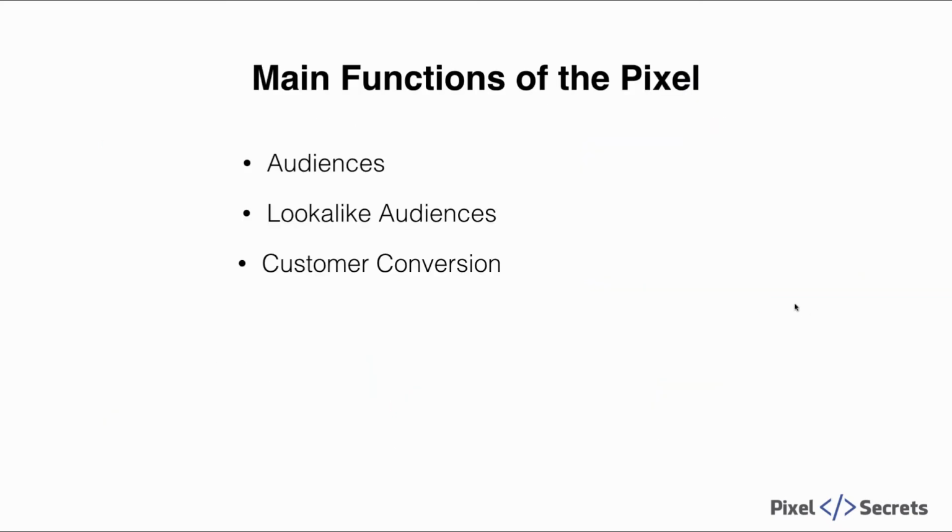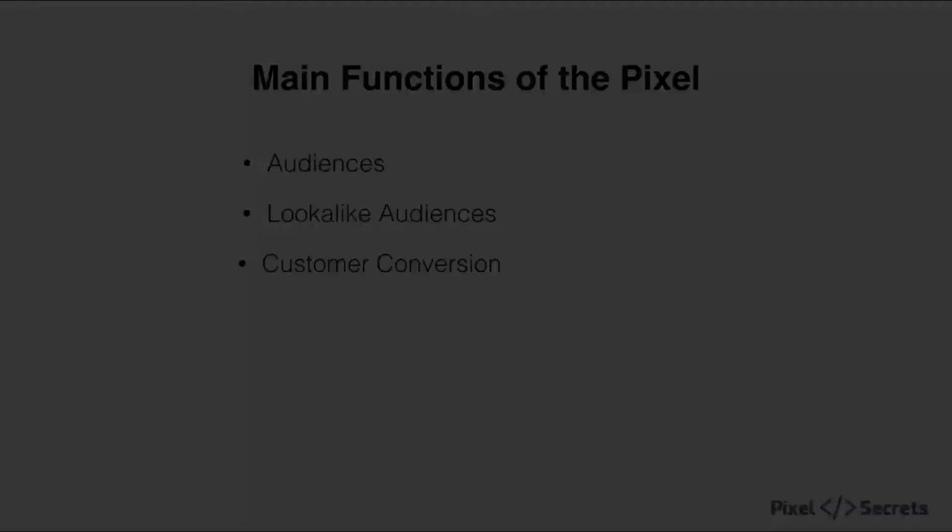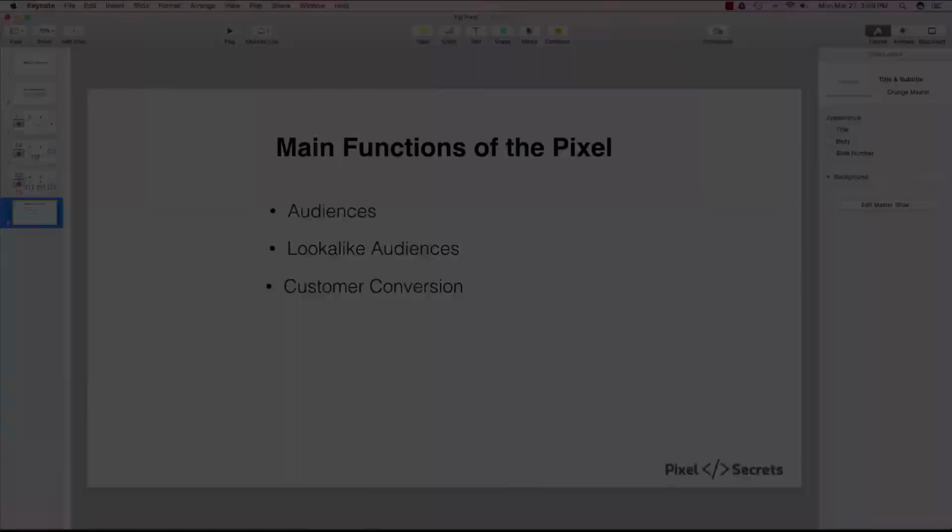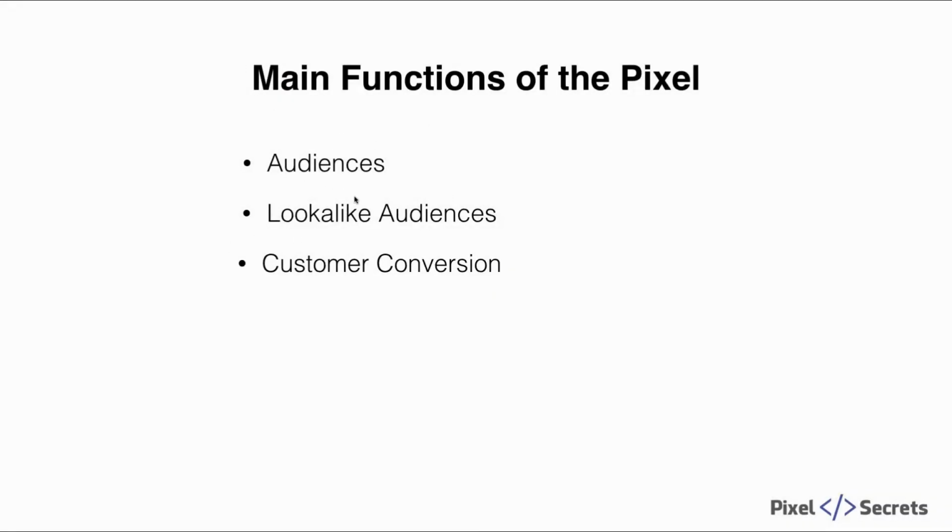Now, here are the main functions that you're going to find the Pixel doing for you. Number one, you're going to be able to create, as I said, different audiences. From those audiences, you can create what's called lookalike audiences. So, hey, Facebook, I want you to take all my customers, and you can do this a number of different ways. I want you to take all my customers and create another audience that looks just like the people who have purchased from me. I want you to create me an audience, and then let's send an ad to